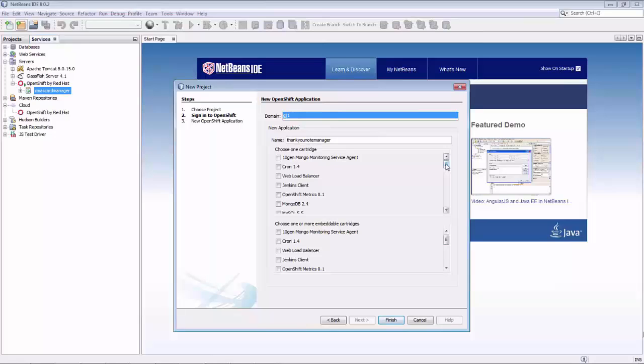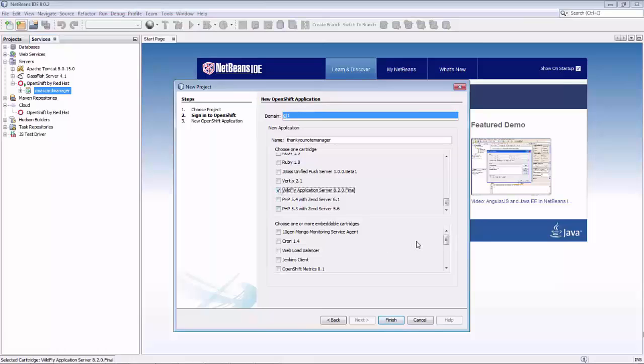Cartridges are additional functionalities which can be added to the application. So functionalities like the database which we are using, or the programming language which we are going to use in developing the application. I'm just going to use MongoDB in this case, to show how we can integrate MongoDB to the application and host it in the cloud. I'll just click finish,